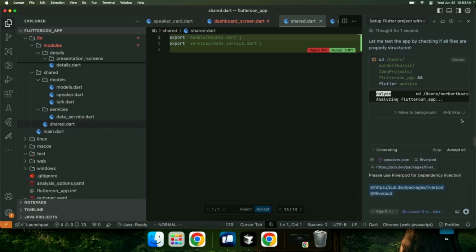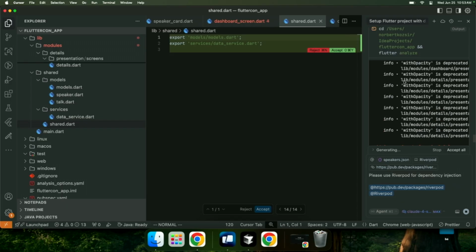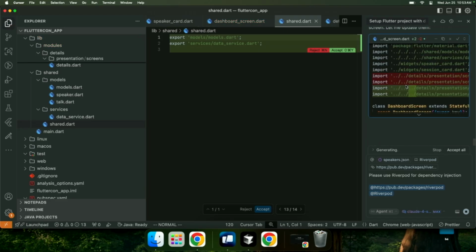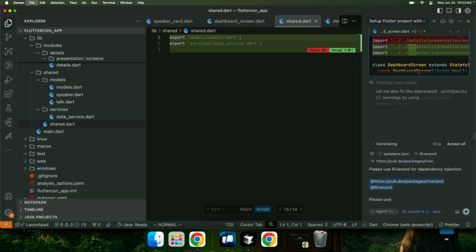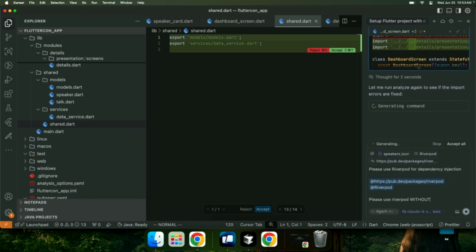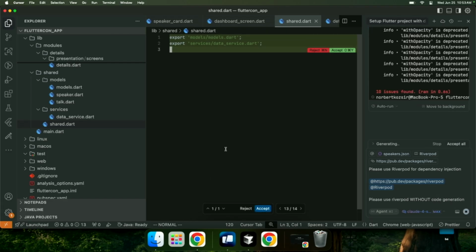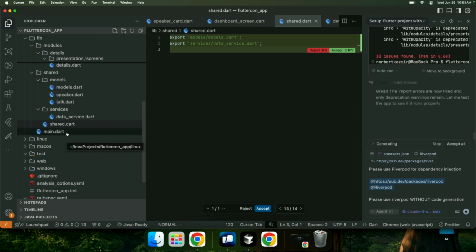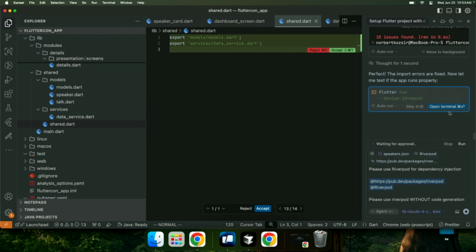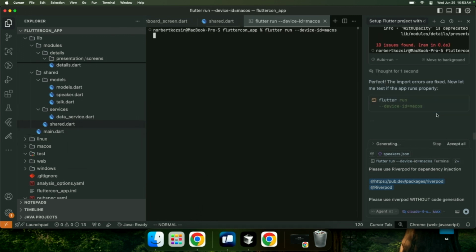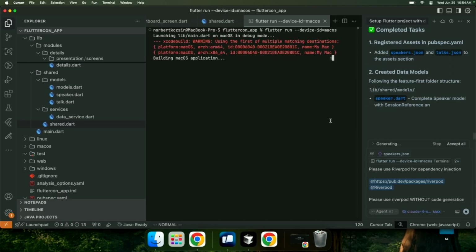Claude really likes to analyze all the files to see if there's any issues. It doesn't really like not using withOpacity, so it likes to use that a lot, but that's something we can tell it not to do. Please use Riverpod without code generation. Before we send off the prompt, let's check out, okay, so it runs Flutter itself, which is fine. We can let it run Flutter itself.